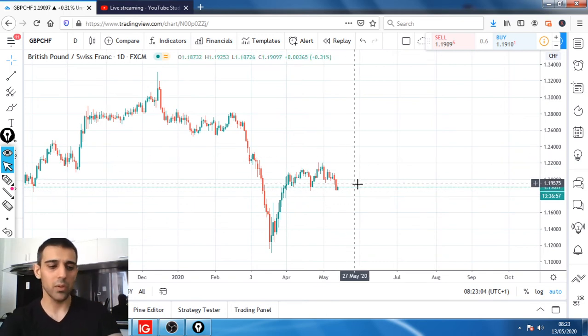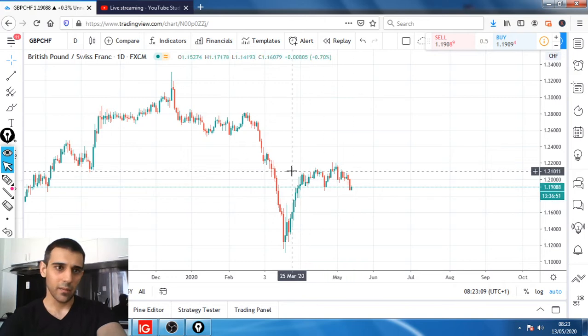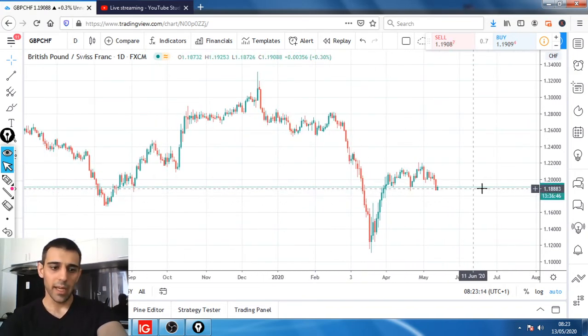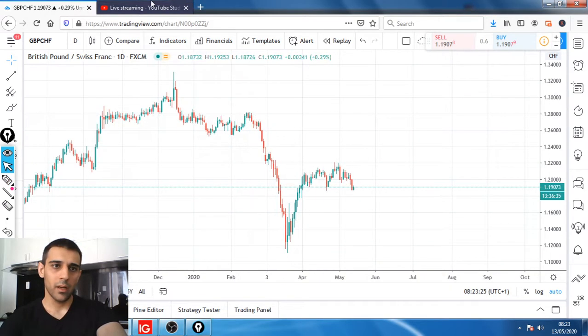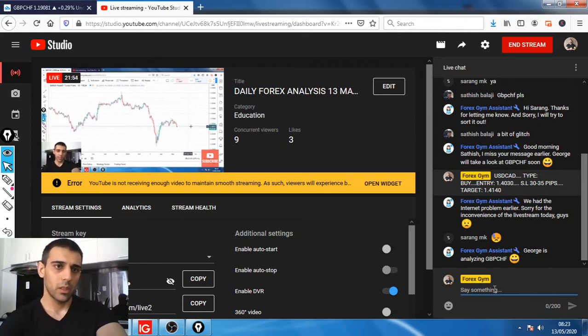And we're going to have a look at the news later on, if I don't forget, but I do have my assistant to remind me. I think it was something about British pounds, I can't remember, but there was some news on British pounds. So as I said, if the price breaks this level, there's a good chance that the price will continue to fall, potentially down to these lows down here. I did mention that. Let's write it in here. Was it British pounds, GBP, CHF?